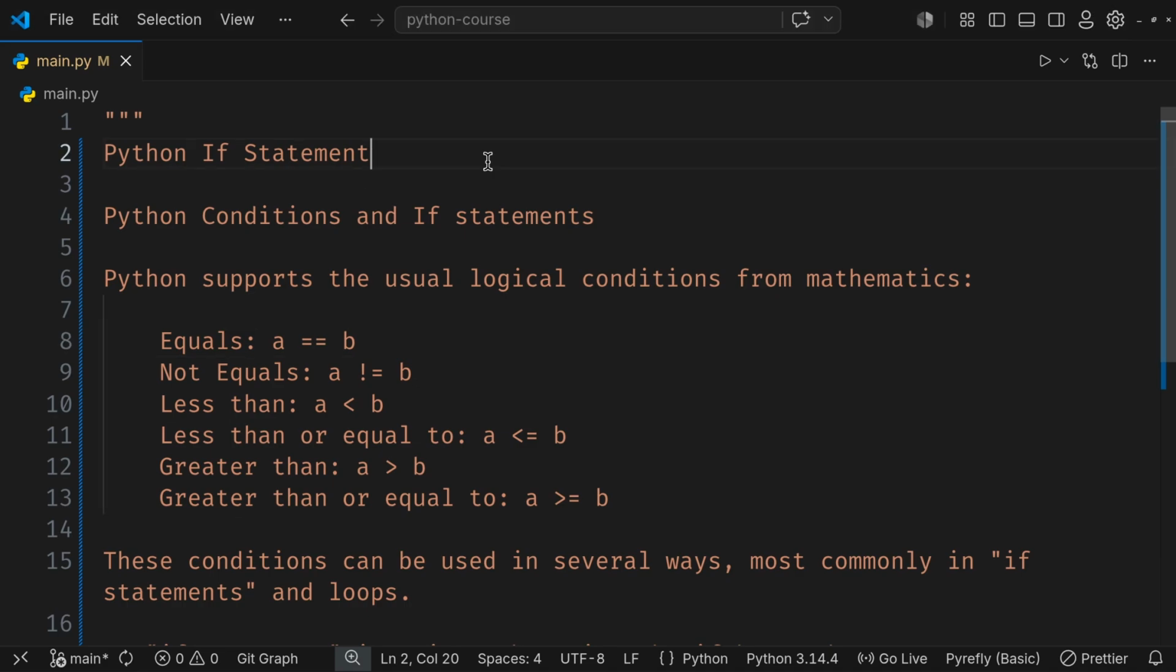Hey, welcome back. In this video, we will be discussing if statements and conditionals in Python. Python supports the usual logical conditions from mathematics. We have discussed some of these logical conditionals in the last video when we discussed